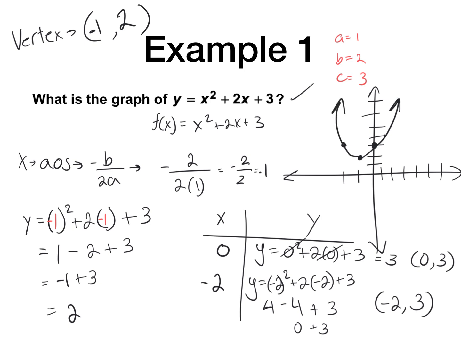Now, how did I catch my mistake? Let's go over it so you guys understand. I had the point right here. When I found out that it was 0, 3, this graph would have been looking down, right? It would have been a downwards parabola. And that is wrong. Why? Because our A is positive. And we just went over the fact that if A is positive, it has an upwards looking parabola. So, having noticed that,